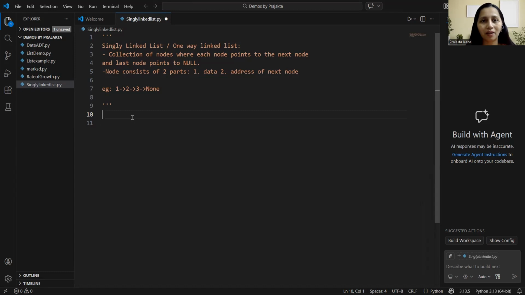Hi all. Today we are going to discuss all about single linked list. It is also called a one-way linked list. And let's discuss what it is, how we can create it, and how we can implement it in the form